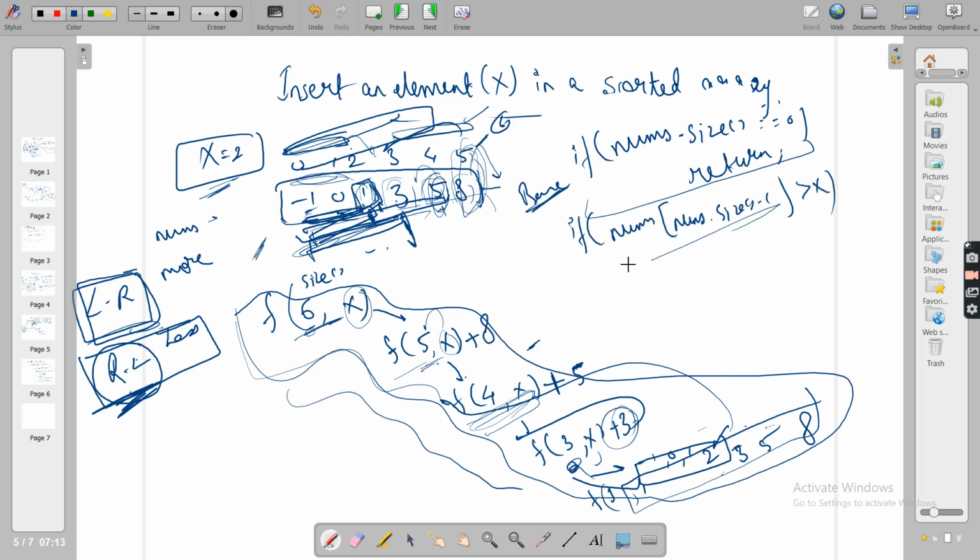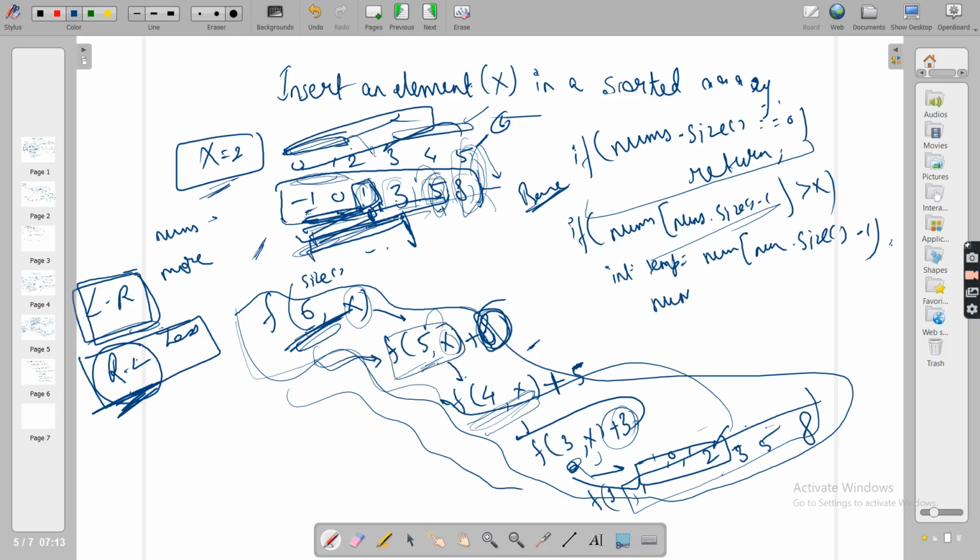So what this function says is: I will take my last value, remove it from this array of size 6, and then call this function on the reduced array, the one-size-reduced array. First, take the last element, nums of nums.size() - 1, sorry for my bad writing. You took this, but you have not removed it yet, and you know that we are calling on the reduced array.